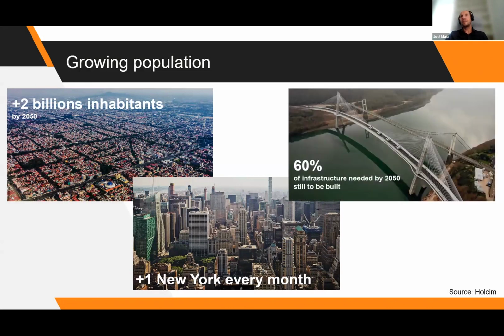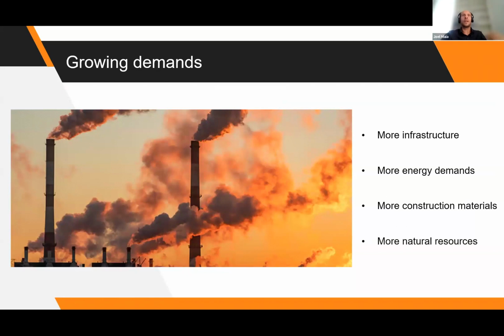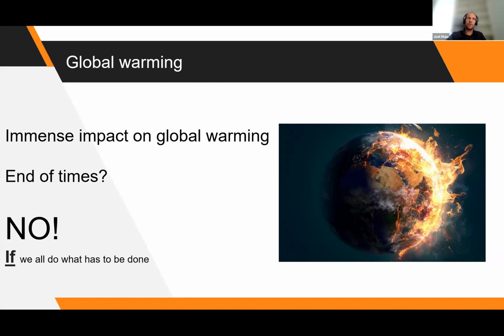It's also expected that by the year 2050, 60% of the infrastructure to be available then is still yet to be built. This means, obviously, that we need more infrastructure, more energy, more construction materials, more natural resources in general. And this generates an immense impact on global warming, as discussed previously, right? This is a topic that is a lot in the news today, in the discussions, in every type of industry. Does it mean that we are all doomed, that this is the end of times? Actually, no. If we all do what has to be done, and we have to emphasize the "if" here,